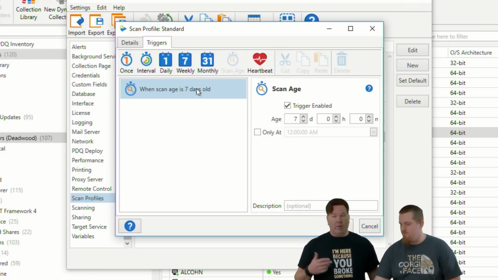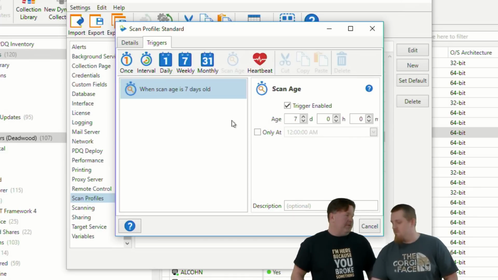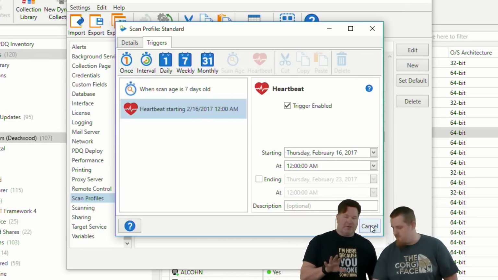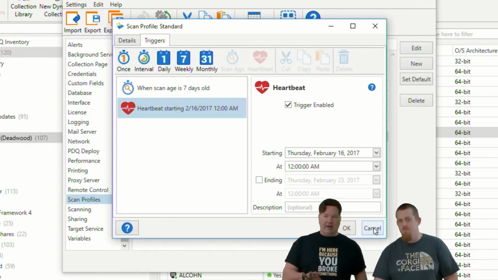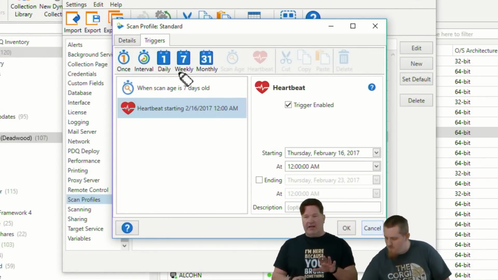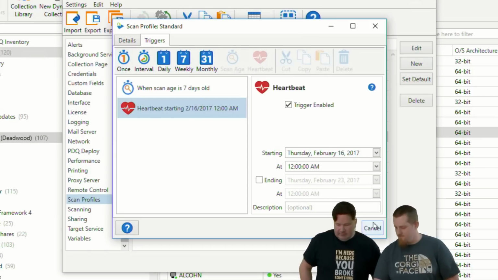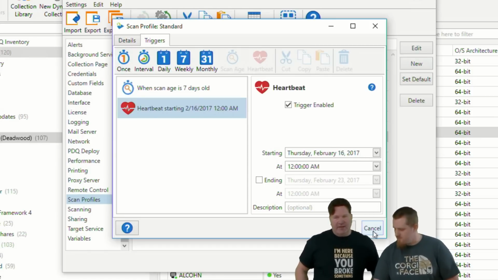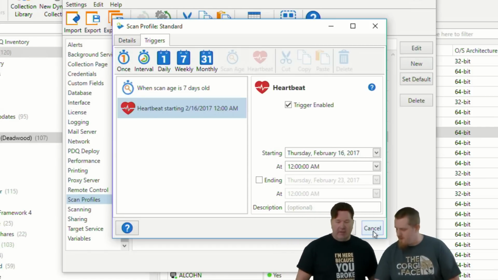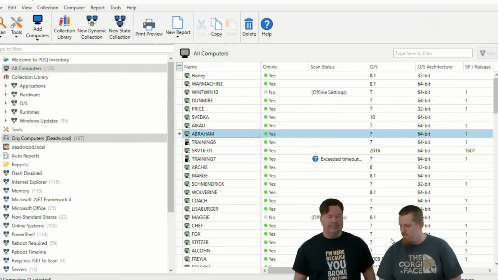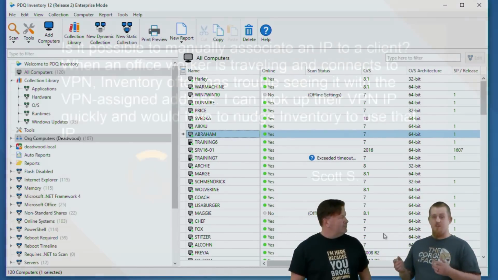And to catch someone when they're coming online, set up a heartbeat trigger. Yeah, throw a heartbeat on here. Understand though, your heartbeat trigger works for things that are already in inventory, so they've got to go from an offline status to an online status. Once they do that, it will scan. It usually takes about 60 seconds, but that scan will run. So set the heartbeat trigger here, and that will generally help. Yep. Heartbeat triggers are awesome. Good question. Great question. Well done.